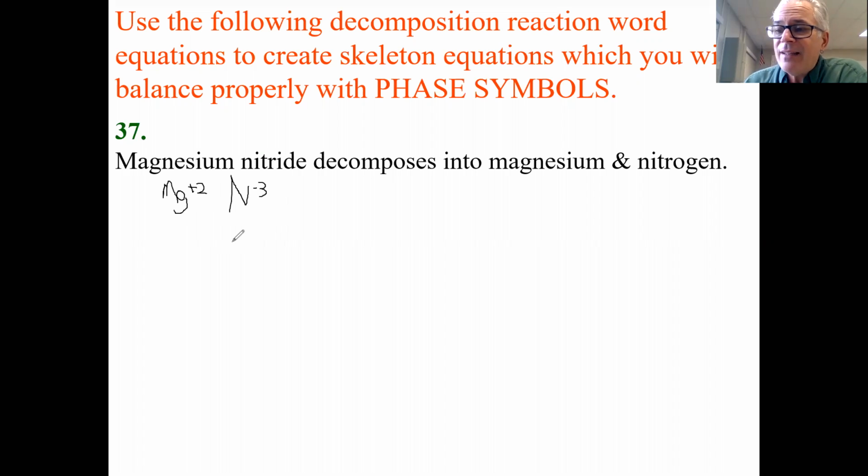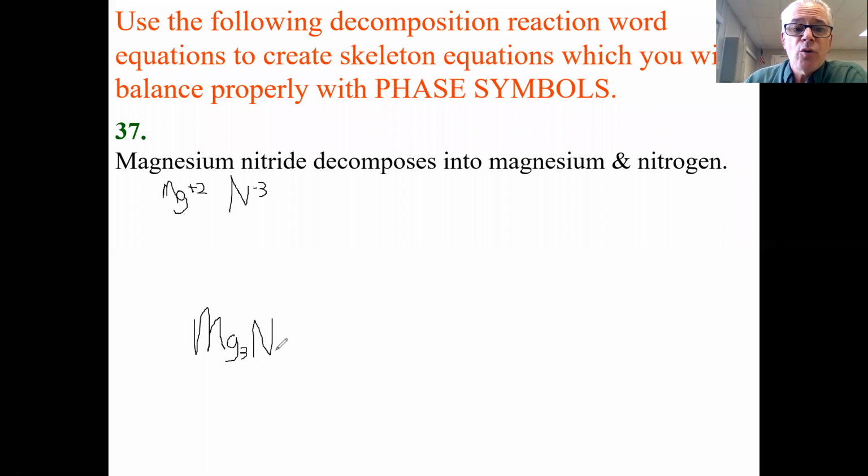Now it says magnesium nitride is going to decompose into magnesium and nitrogen. So we're going to write the formula. Mg3N2. Now, magnesium nitride is an ionic compound, and I told you that ionic compounds are going to be solids